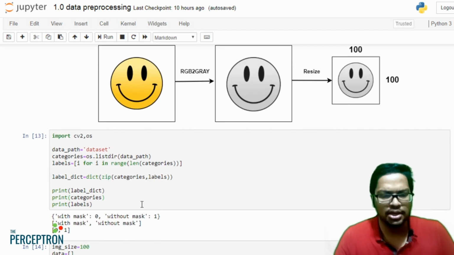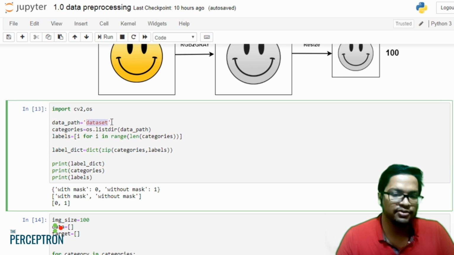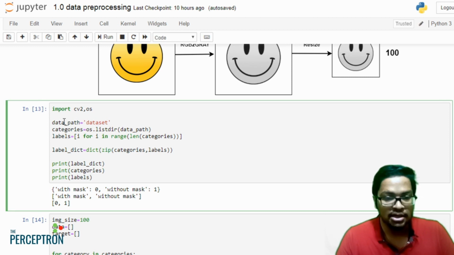So I'm going to import the OpenCV library and the OS library. Then I'm going to give the path where my dataset is saved. So it's in the dataset folder. Then I'm going to load the folder names. So the folder names will be loaded to here, and thereafter I'm going to create a label